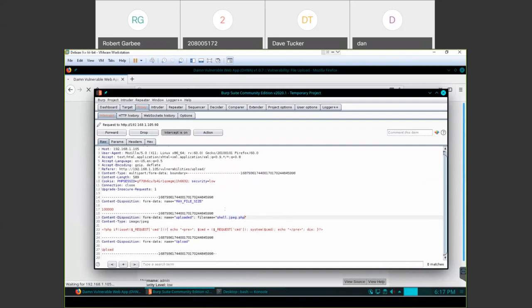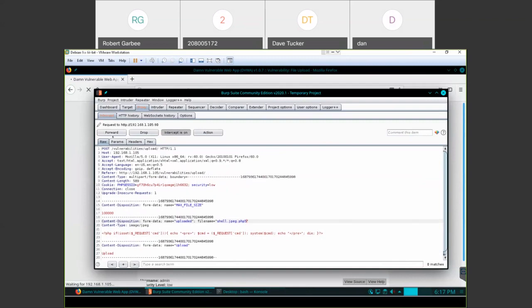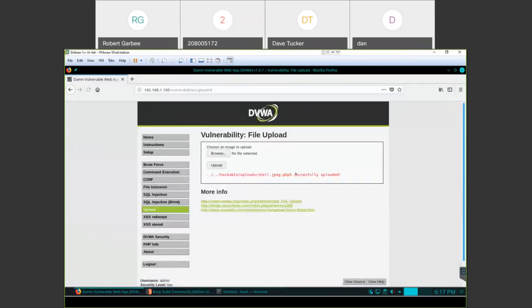And what we can do is, you know what? Actually, I'm going to mess this up on purpose, hit forward, and it's still going to upload the file. Now, we did circumvent the file type restriction by changing the MIME type to image/jpeg, but since PHP5 is not installed on this server, what you're going to see is when I try to navigate to that file to gain shell access to the server,